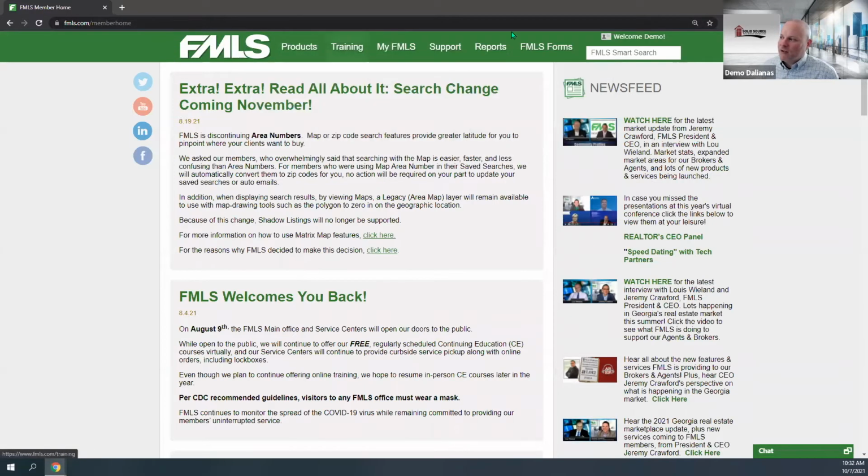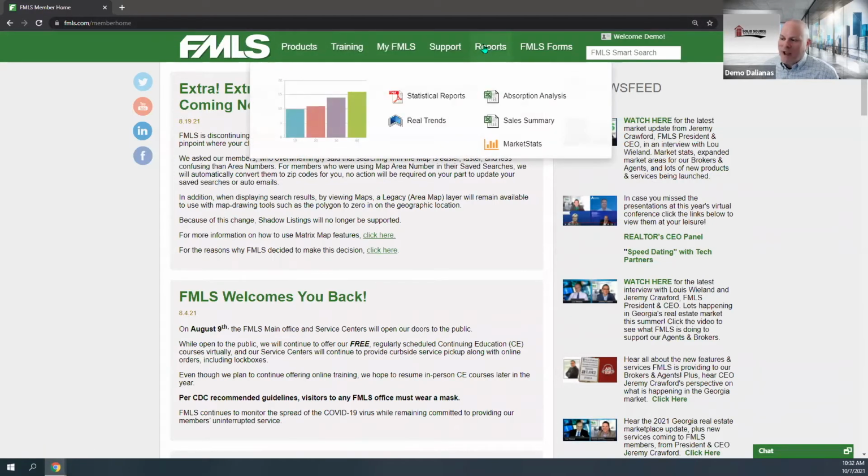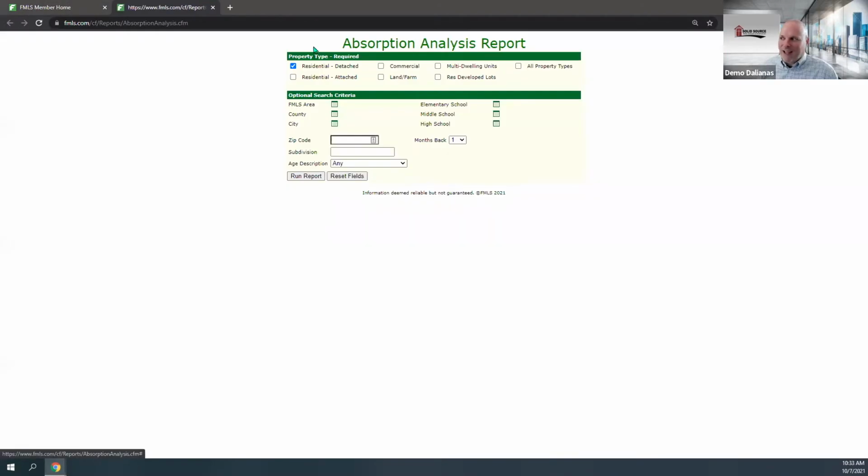From your homepage, you'll see some titles up here. You may have run reports. You may have actually run absorption reports before, but that's where you're going to find this. So just highlight over reports. The first one in the top there just says absorption analysis. I call it reports. They call it analysis. It's the same thing. So all you'll do is just click that,